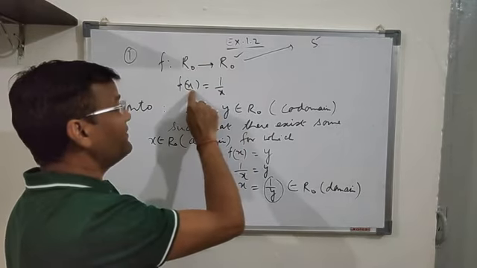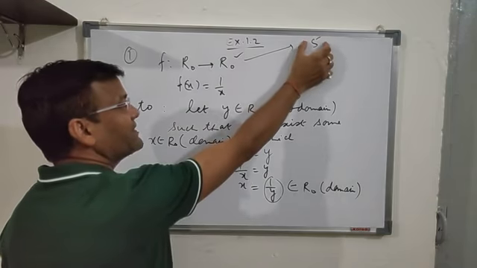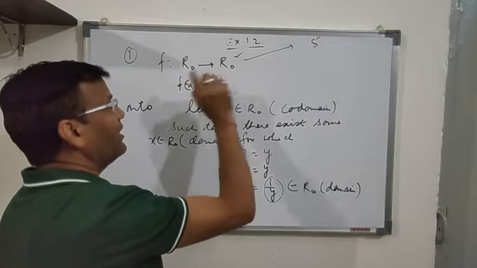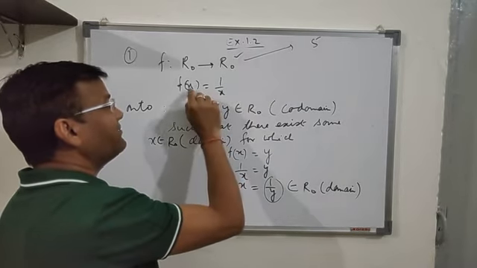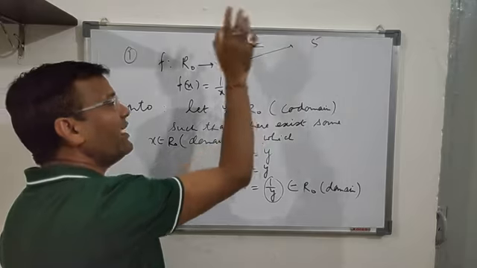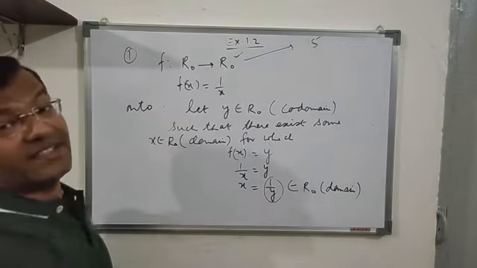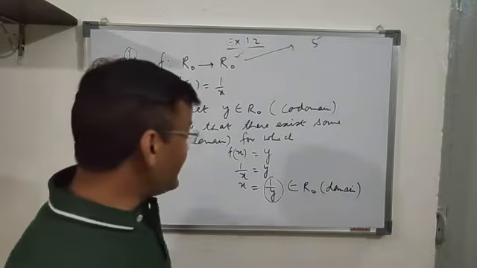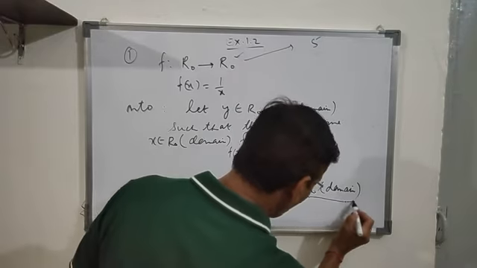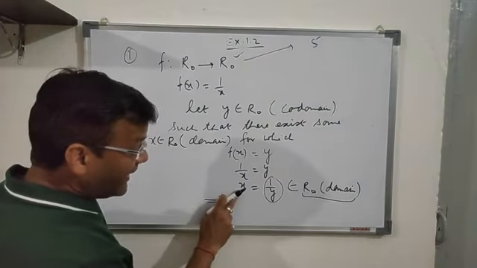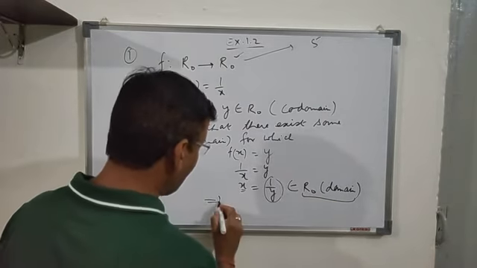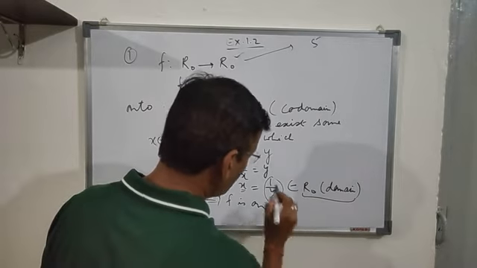Because if I take this element 5 in the codomain, f(5) equals 1 upon 5, so if I take x as 1 upon 5, f(1 upon 5) equals 5. Every element of this set will have a pre-image in the set R0, which is the domain. We have proved that whatever x we get belongs to the domain. This is important: you get an x, and that x has to be in the domain. This has to be proved. So this implies that f is onto.